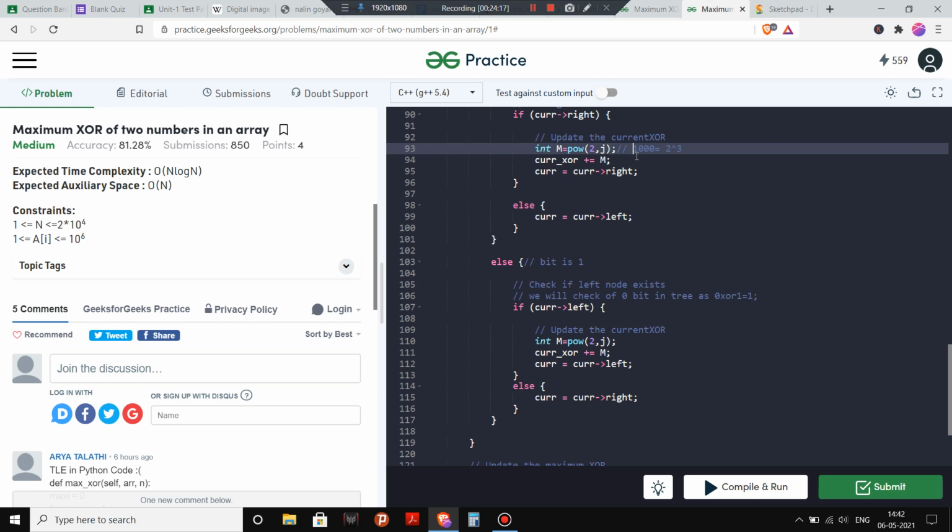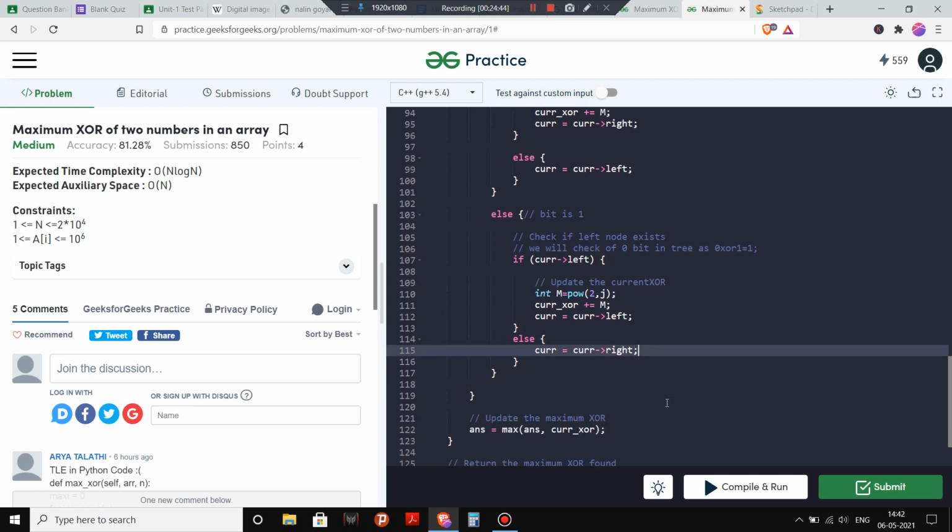If my third bit, if I start with the 0th index, is set, then the number will be 2 raised to power 3. So that's why here we have int m equal to power of 2 comma j. Then I will add my m to the current XOR and I will move to the left path. Otherwise, if I don't have any left child, then I have to move to the right child. I don't have any other option.